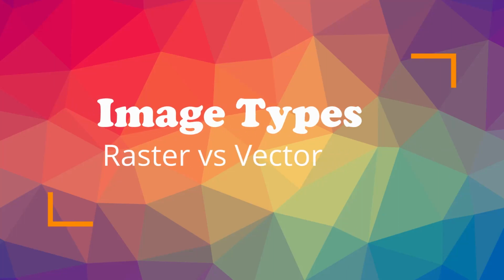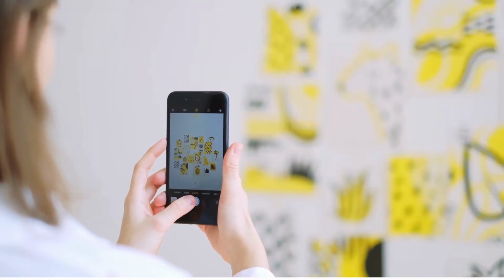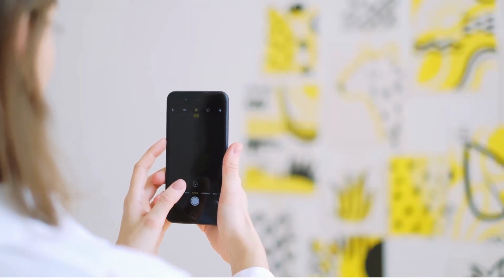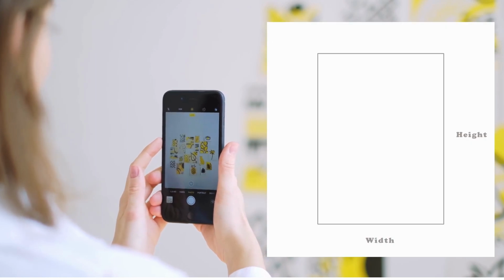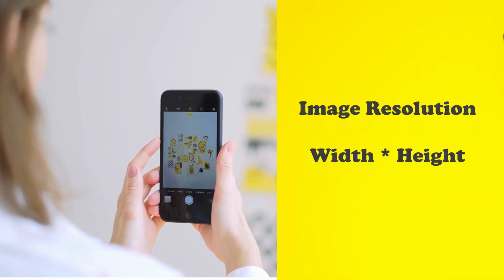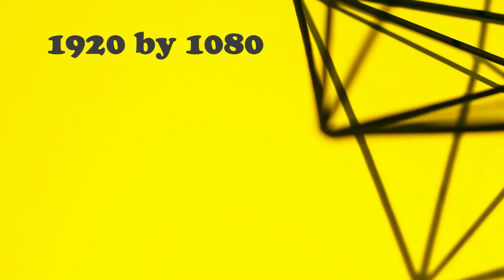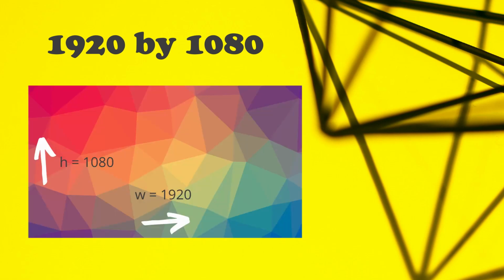One of the first concepts every digital art enthusiast must know about is the difference between these two terms, raster and vector. Raster is called bitmap. When you click a picture on your phone, you generate an image. Since these images are rectangular in shape, they have width and height attached to them in pixels. This is called resolution, and traditionally it is depicted in width by height format. For example, a resolution of 1920 by 1080 would mean 1920 pixels along the horizontal axis and 1080 pixels along the vertical axis. The same concept extrapolates to laptop and mobile screen resolutions.